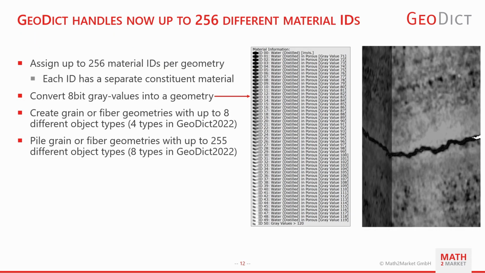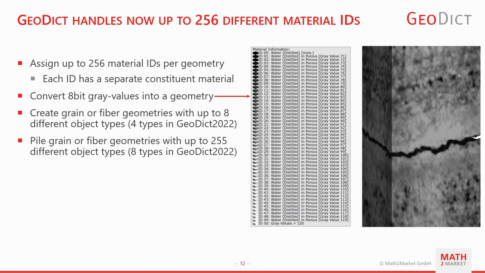To describe a material model, sometimes 16 material IDs, the limit in older Geodict versions, are not enough. Now this limit is gone and up to 256 material IDs can be used. Here two examples are shown where this improvement is required. The first example is a gray value image of a rock made with a medical CT scanner, where the pore space is, for the most part, unresolved.